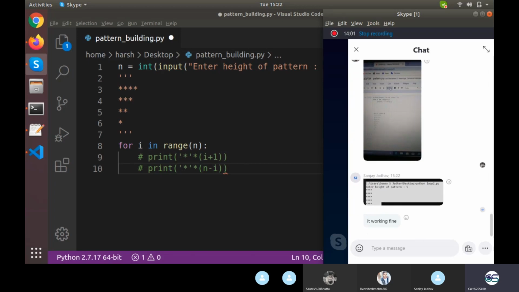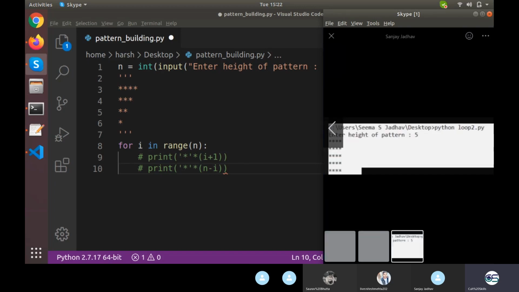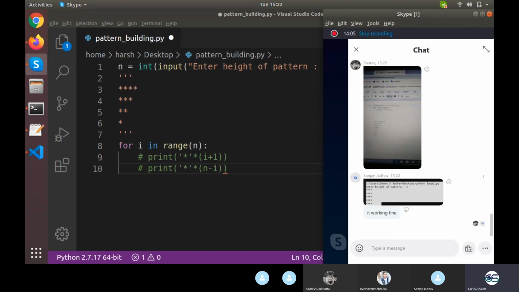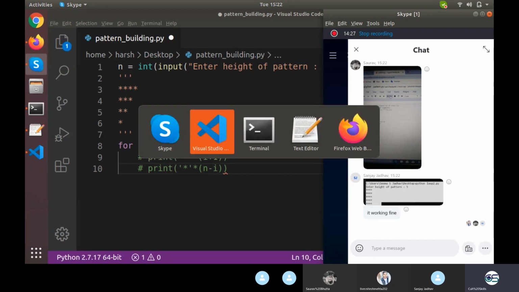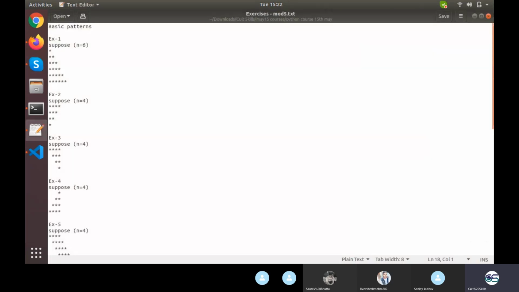If it is working, then there is no need to share the screenshot. Yes, exactly, that's what was wrong, Sanjay: if you have used n minus 1, it will remain static. So for the value of 5, the printed output will be 4 stars, 4 stars, 4 stars, 4 stars all the time. What we want is for it to go incrementally down. So I hope all of you have done that. Now let's move on to the next part if there is no such doubt. So we want to implement this one.